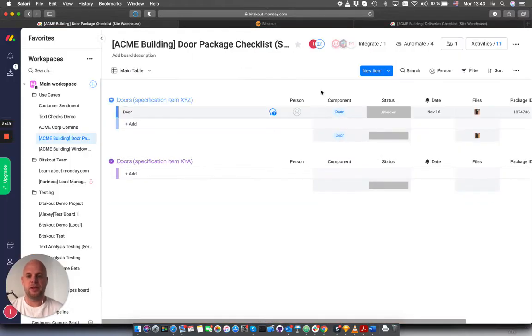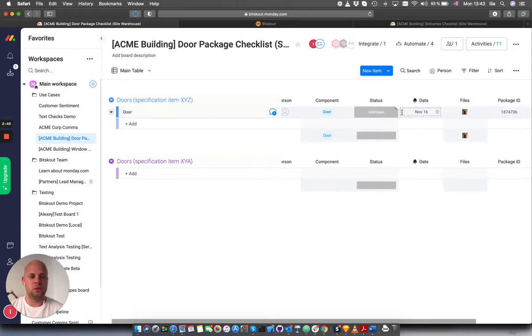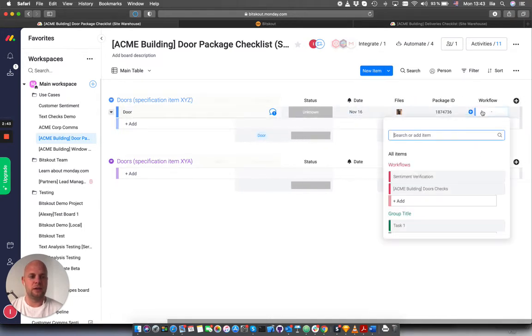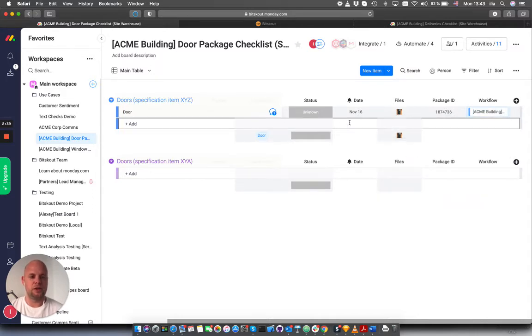Once it's created, we can create a rule and automation for when the status is changed to validate, once we select the workflow. In this case, it will be doors checked. So once I select the status to validate, the system sends the data to the Bitskout platform, where we invoke the workflow, which is called